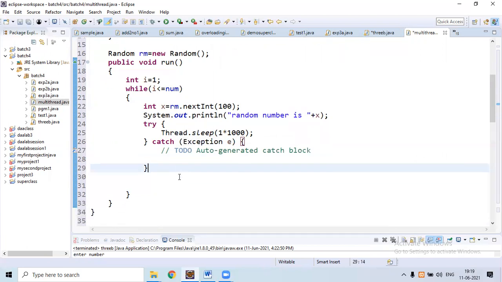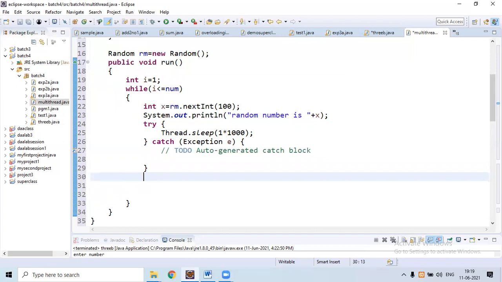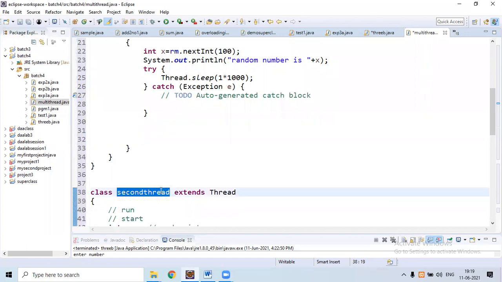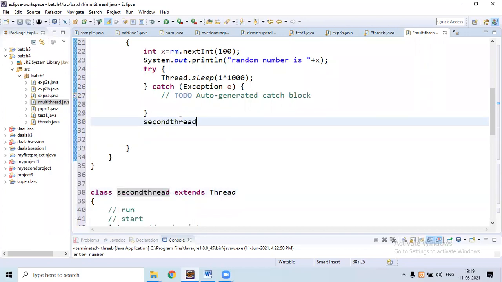After this, we need to call a second thread to compute n square. So call second thread by creating object st equal to new SecondThread. Here pass random integer x.